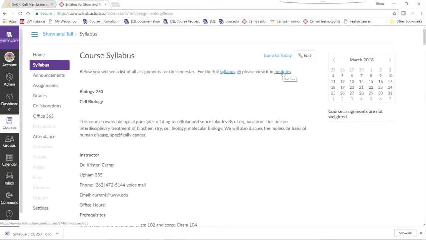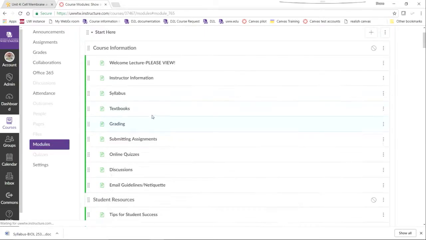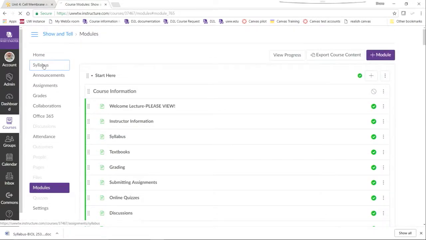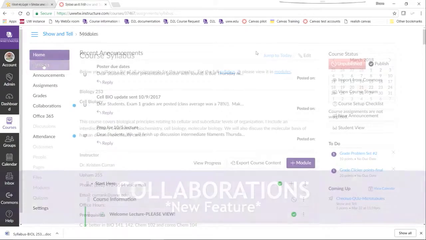And if we click on the modules link, it'll take us to where I had that syllabus built into the module. So, however you are most comfortable delivering your syllabus to your class, that option can be worked out here in the syllabus button.